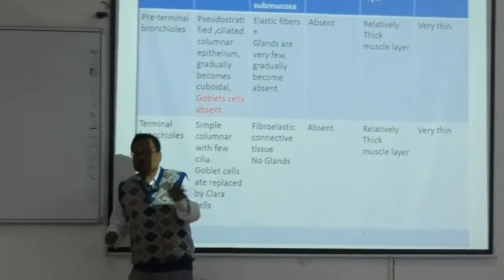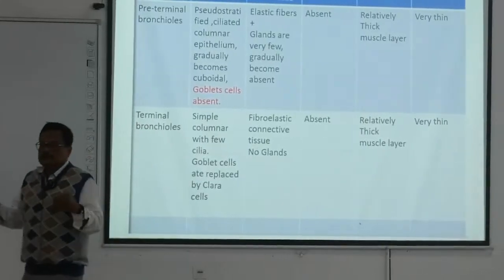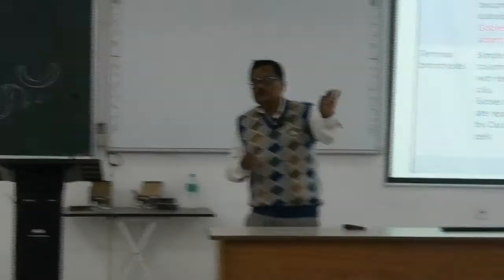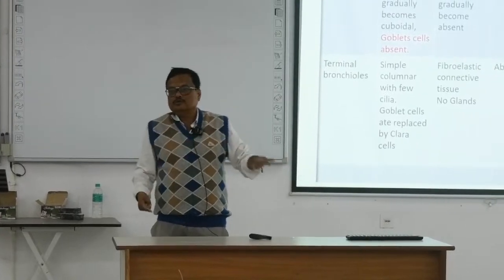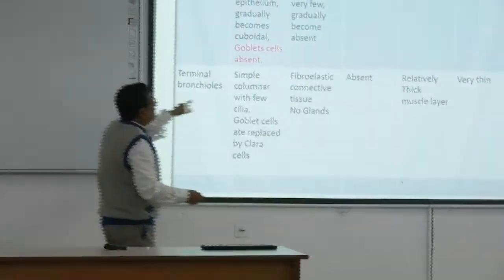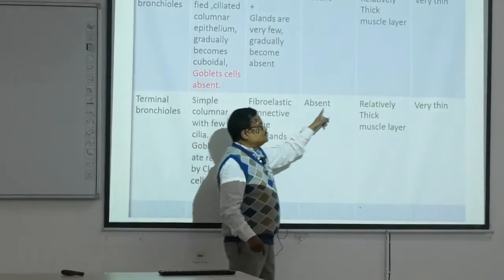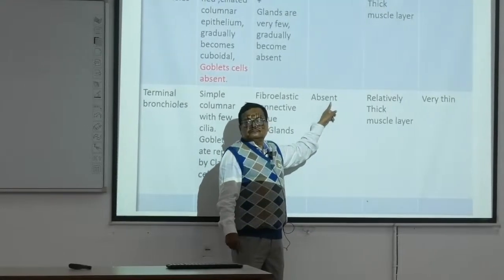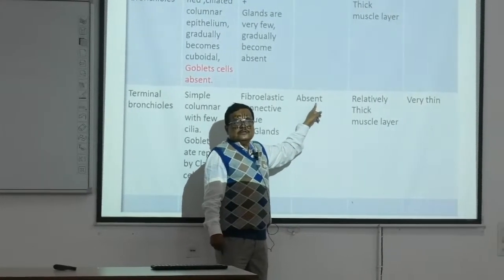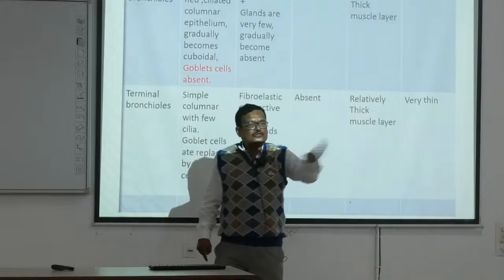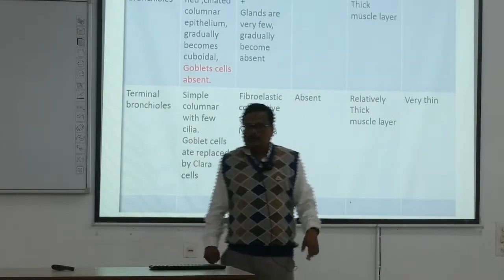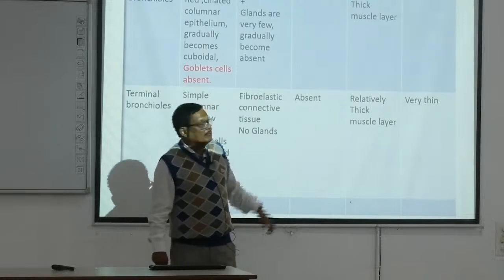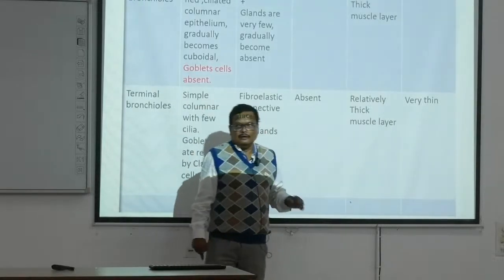বুঝতেই পারছো, যত স্মল হবে অক্সিজেন এরপরে চলে যাবে, গ্ল্যান্ডস থাকলে মুশকিল হয়ে যাবে, সিক্রেশন থাকলে এয়ার ঢুকবে না। সুতরাং নো গ্ল্যান্ডস, কার্টিলেজ অ্যাবসেন্ট। যেই ব্রঙ্কিউলস হলো, গ্ল্যান্ডস চলে গেল, কার্টিলেজ চলে গেল, এইটাই জিজ্ঞেস করবে। আর কি হলো, মাসেল, মাসেলের রিলেটিভলি থিক, মাসেল